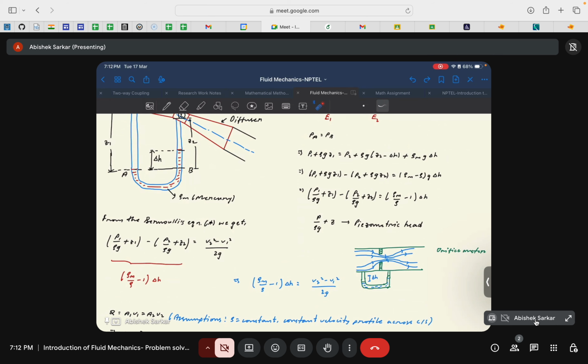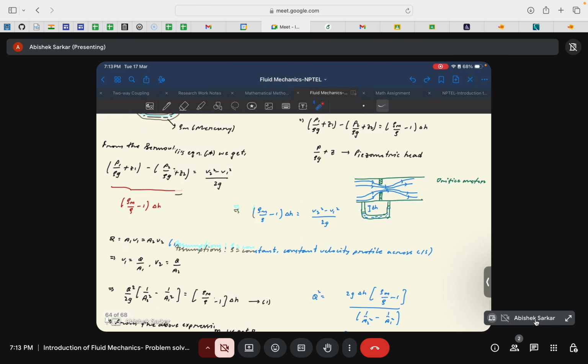Okay, these two terms from Bernoulli's equation give you the difference between piezometric heads. Again, from the principle of manometry you also get the difference between two piezometric heads. Just equate these two terms, so we get the difference in the velocity head, or the dynamic pressure head, to be equal to the deflection in the manometer. That is, (rho_m by rho minus 1) times delta H is equal to (V2 square minus V1 square)